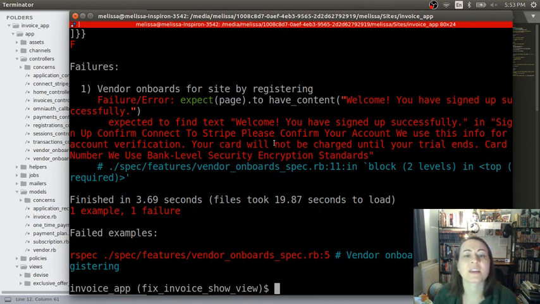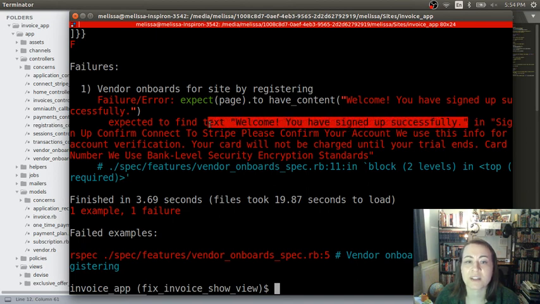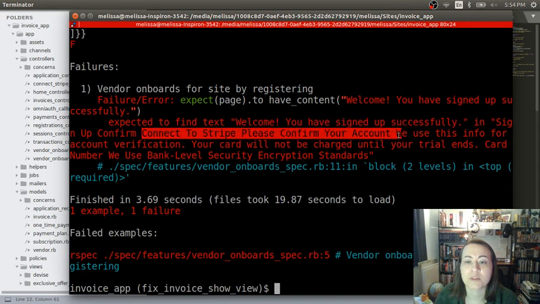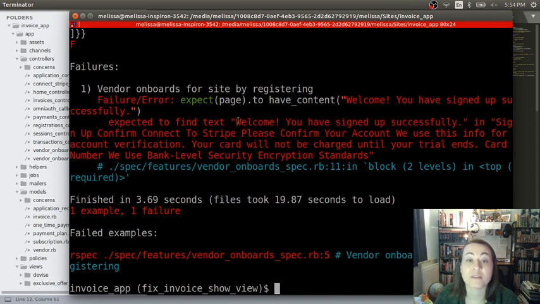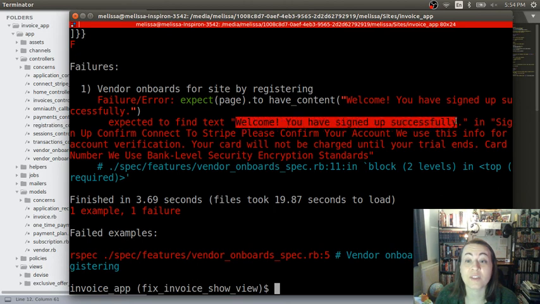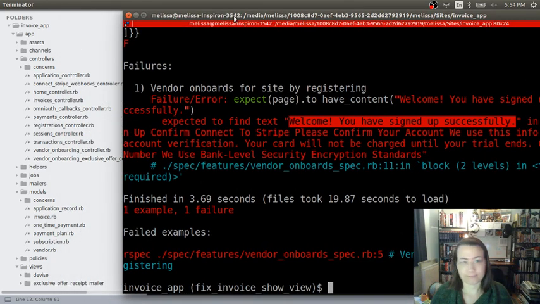Oh, I must have taken that off. The signed up successfully. Connect to Stripe. Please confirm your account. All right, so we must not be showing any flash messages on that page, because they're not